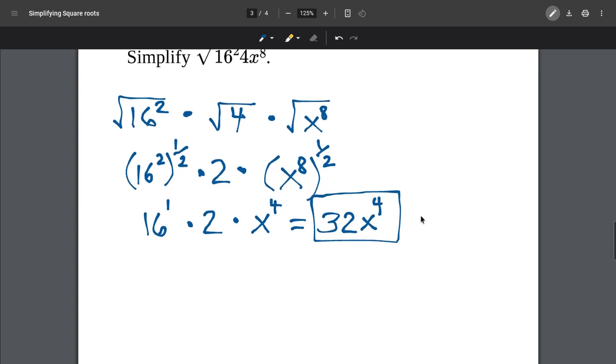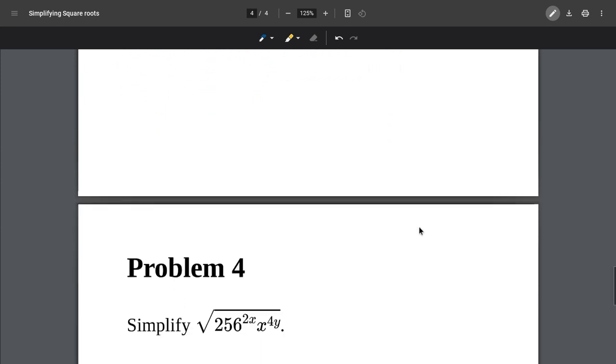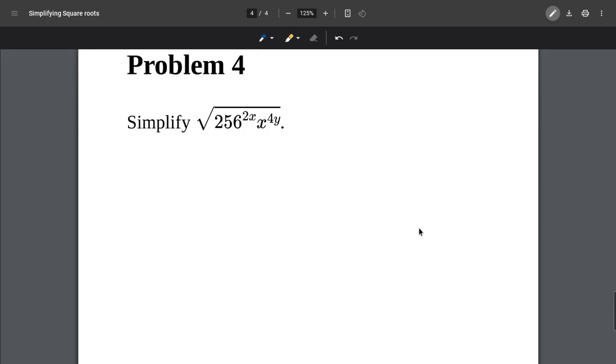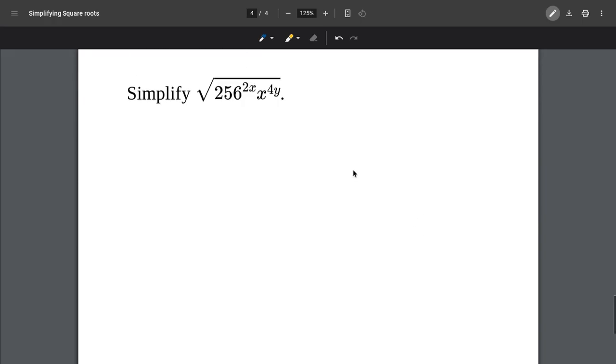Okay, let's keep going. All right, problem 4, the last one, we have the square root of 256 to the 2x power times x to the 4y power. Okay, so we're going to split this into two different square roots. We're going to have 256